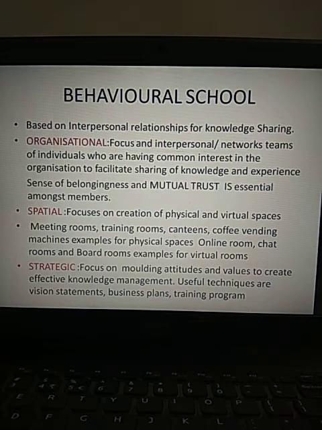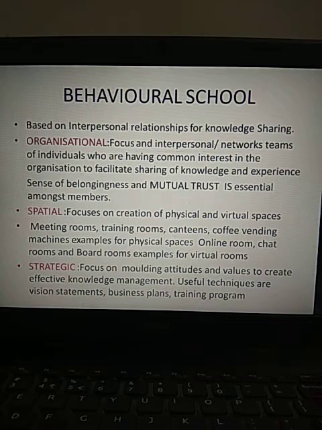The second one is spatial. It focuses on the creation of physical and virtual spaces like meeting rooms, training rooms, canteens, coffee vending machines. Examples for physical spaces: meeting rooms, training rooms, canteens. Examples for virtual spaces: chat rooms and boardrooms. Under spatial categorization,